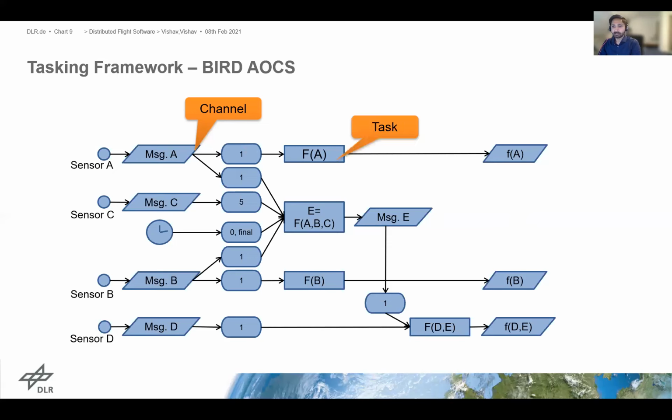Tasks execute the functional blocks and are stateless. A task can be triggered when one or more inputs are activated. Finally, we have events, which are responsible for periodic actions. For example, to trigger task E, all 4 inputs connected to it must be activated.